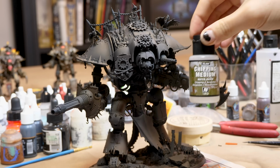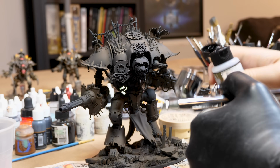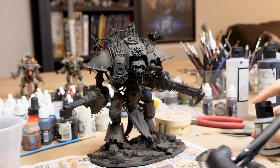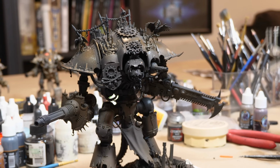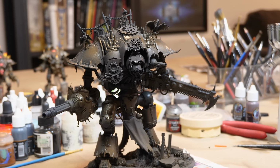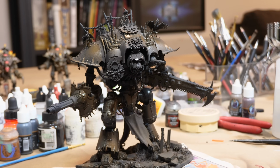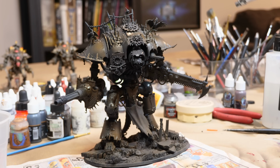After priming everything black, I airbrushed a bunch of brown tones on top and matte varnished them, and after that I applied some chipping medium, which you can see me doing now. If you've never used chipping medium before, all it does is create a layer that, after you put paint on, you can then brush off with water and it'll show the paint underneath. So I'm going to paint him black and off-white and then chip that away to have the brown underneath